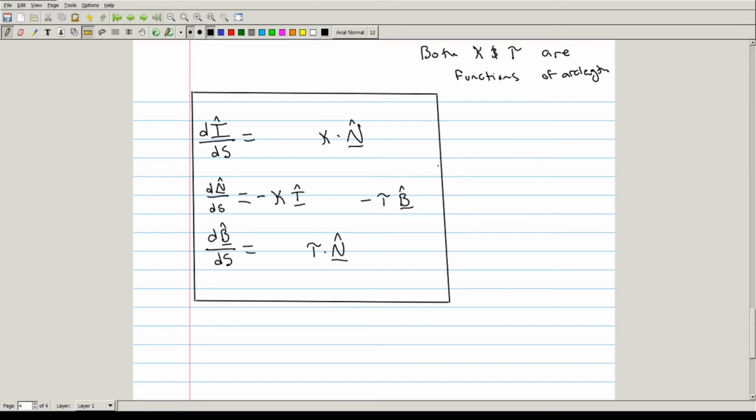And on the right-hand side, we just have the functions themselves: t hat, n hat, b hat, along with the curvature function kappa and the torsion function tau. This is called the Frenet-Serret formulas, or system of ODEs,